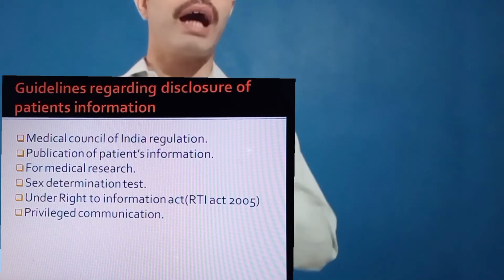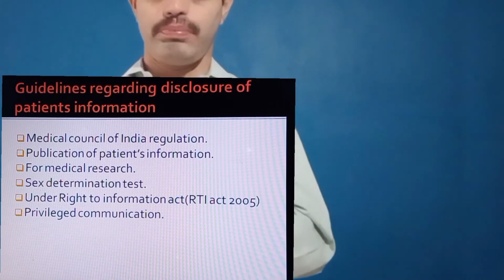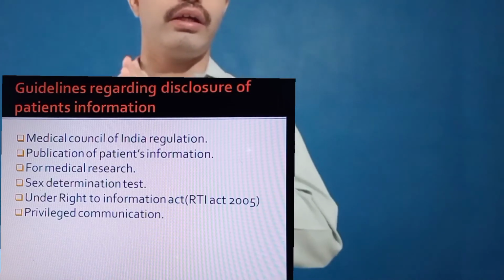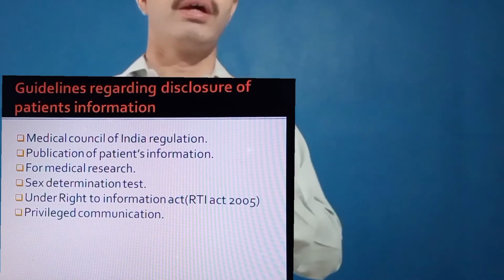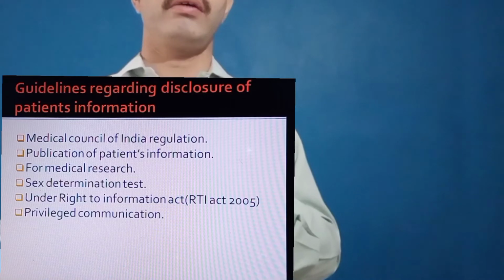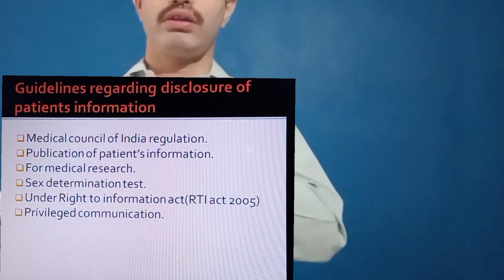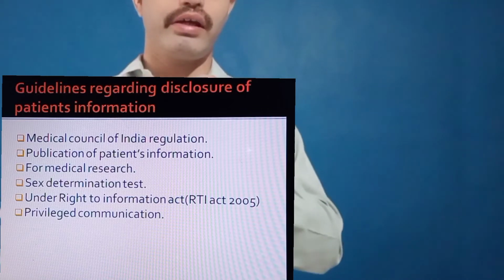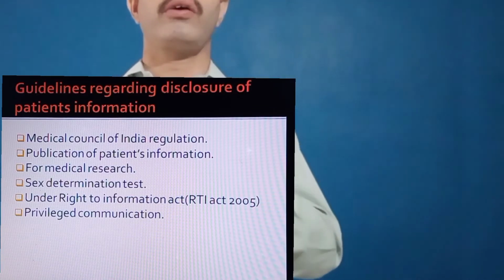If it has been asked by the patient himself or by the dependents of the patient or the legal representative of the patient, then I think it is just a wastage of time, because as we have already discussed under MCI regulation 2002,